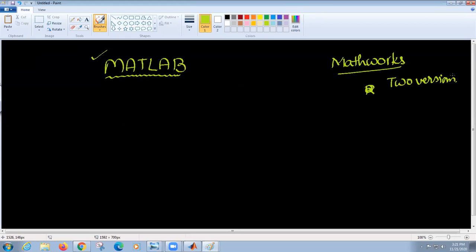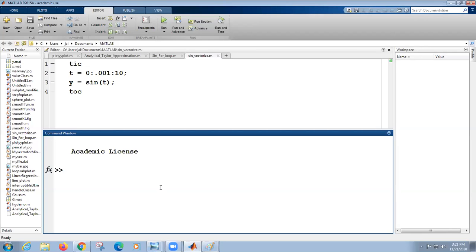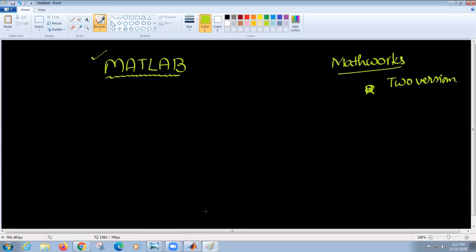If I show you the version of this MATLAB which I'm using now, I have 2018 also, but it's slow because my system is running slow. I can't use that 2018 now. If I just enter version, what are you seeing here? R2015B. Yes, sir. You know what that is? This R means release. So I'm using the release version of 2015.